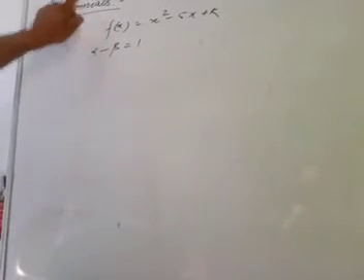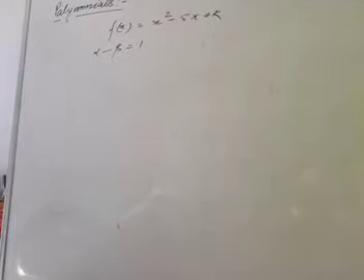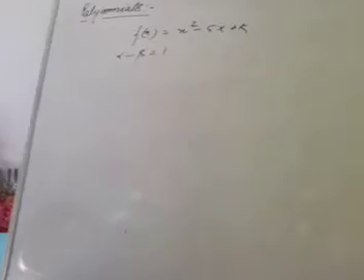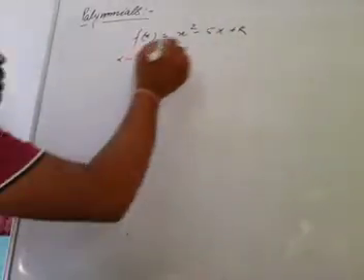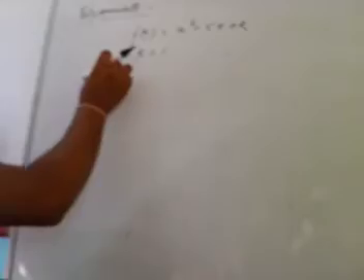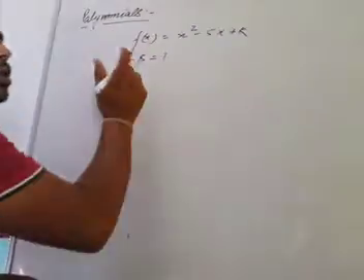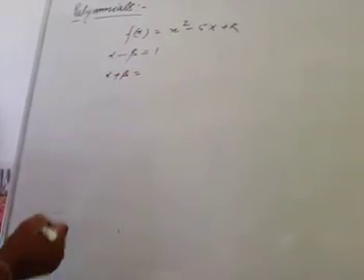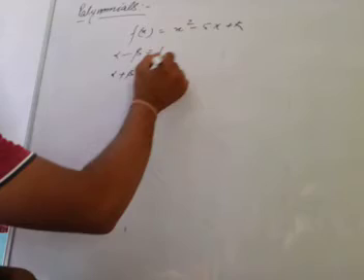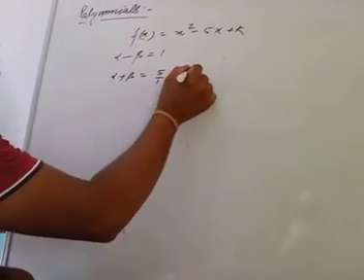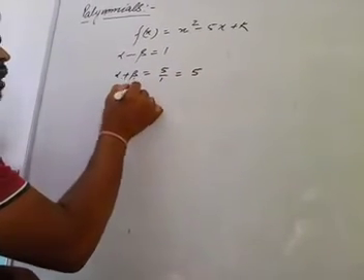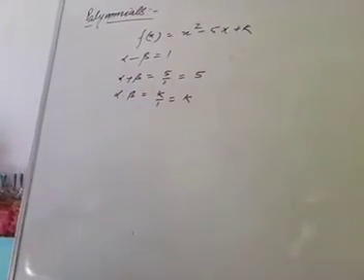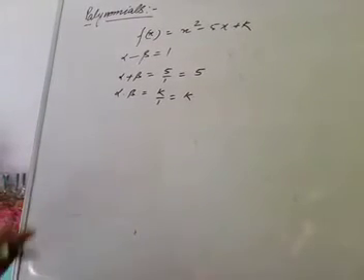See, this is a quadratic polynomial and alpha and beta are two zeros of the given polynomial, and alpha minus beta he says is equal to 1. So from here, if alpha and beta are the zeros, then alpha plus beta will be minus b upon a, and minus b upon a will be 5 upon 1, that's 5, and alpha into beta is c upon a, that is k upon 1, that is k. These two values are there.